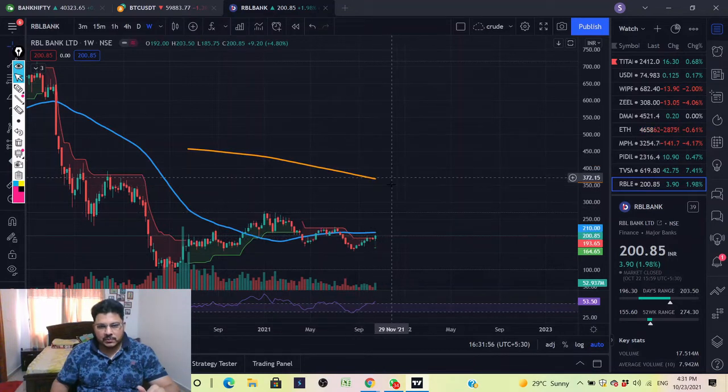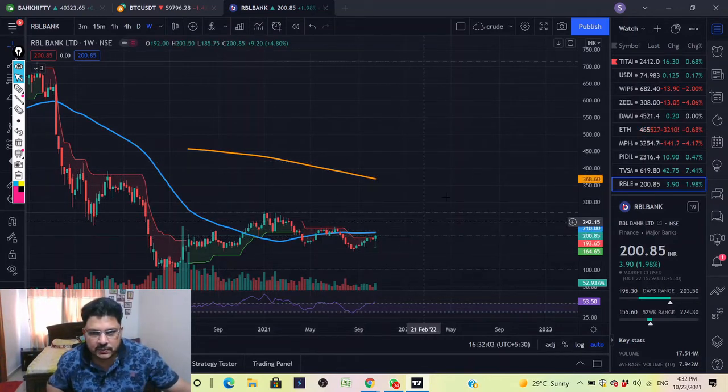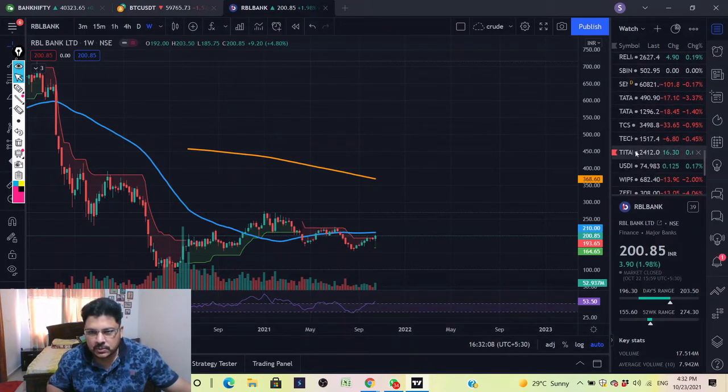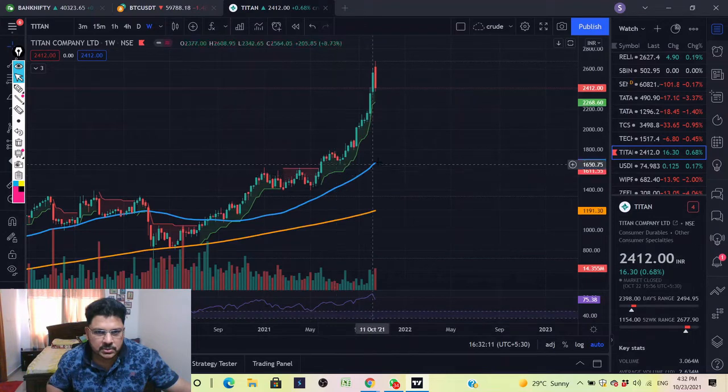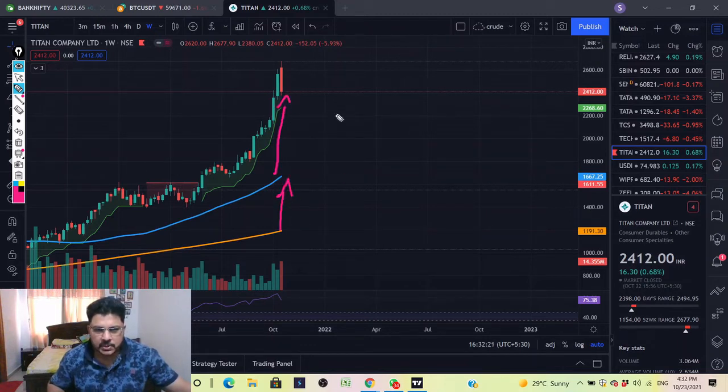So we want something which is up and running with the momentum so that we make money and we exit. We don't have so much time to sit and wait for it to go up. And so like this, you will be able to see a lot of stocks which are in good trend. Do not buy any stock which is too far away from the 20 period moving average and where there is space between 20 and 200, because there is likelihood that they can come back, touch this, and then continue their move.